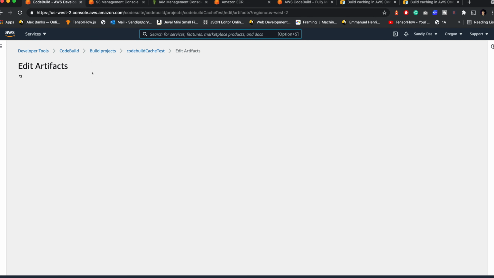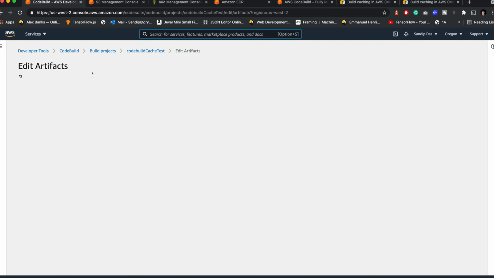Cache prefix, if you want a particular prefix, you can add it. If you want it to be deleted automatically after a few lifecycle days, you can add the expiration also. For the sake of simplicity, let's not do that. It will just store the cache in our S3, and in the pre-build phase, it will pull the changes and override the local file system. That's what it will do. I'm in the artifact. Okay, now